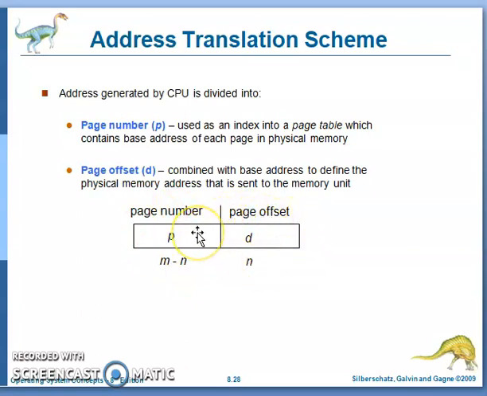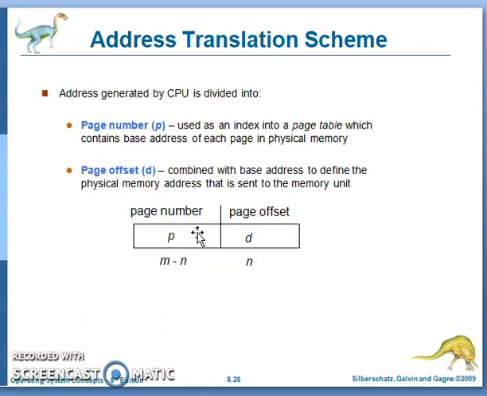That means one job can be divided into pages. Job size is 600 KB. Page size is 100 KB. The total job can be divided into 6 pages. The first 100 KB is page 1. The second 100 KB is page 2. Like that, each and every page size is equal, and the size is 100 KB.